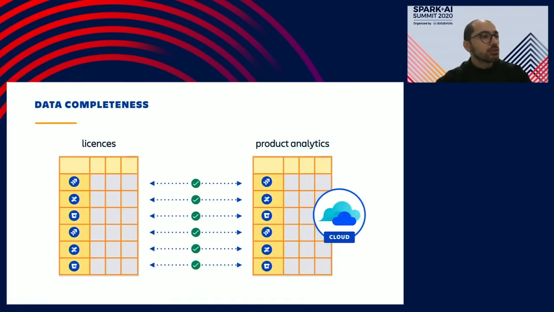But let's get back to product analytics. Although we have a lot of data, we don't have all the data all the time. Consider this case. In our cloud option, we have the complete product analytics dataset, so we can fully correlate with other datasets, like license, for example. Having the complete dataset gives us a lot of confidence about the insight extracted from this dataset.